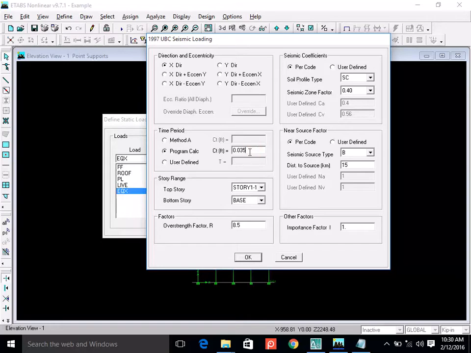This is time period. Okay, then this is story range, which means from which story to which story you want to apply the earthquake. Of course we want to apply the earthquake from the base to the last story. This is our last story. So from the base to the last story, we want all the structure, all the stories, to be applied with the earthquake. Then the next factor is overstrength factor,